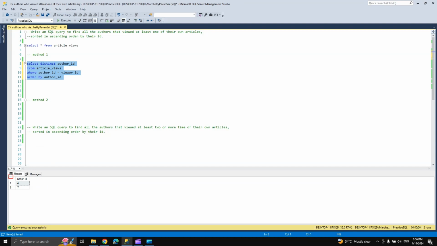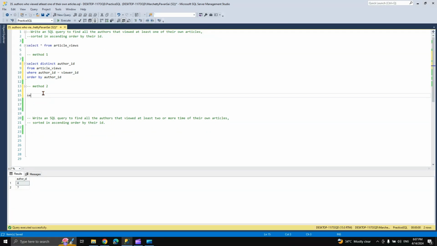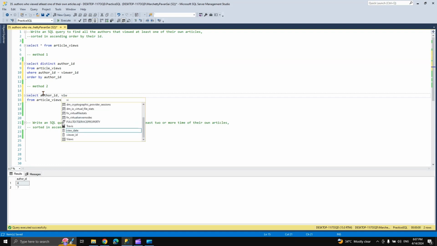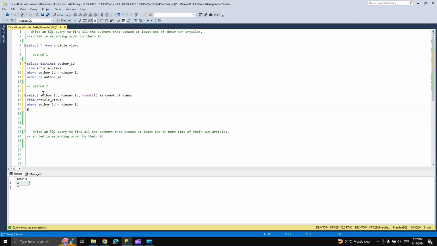You could see there are two author IDs which are present who viewed at least one of their own articles. So let us resolve this in another way, right? I'll write select from article views where I want author ID, I want viewer ID, and I'll count the number of times they have viewed the articles. I'll write it as count of views, right? Here in the where clause, I will write author ID is equal to viewer ID, and we would group